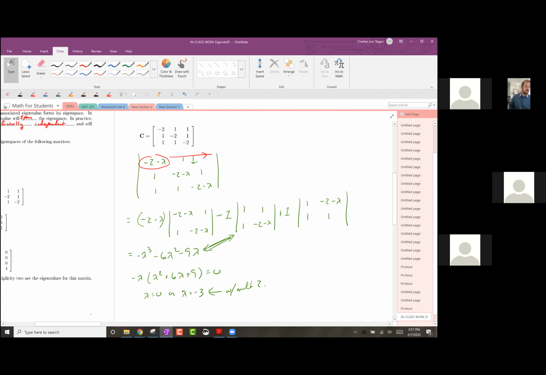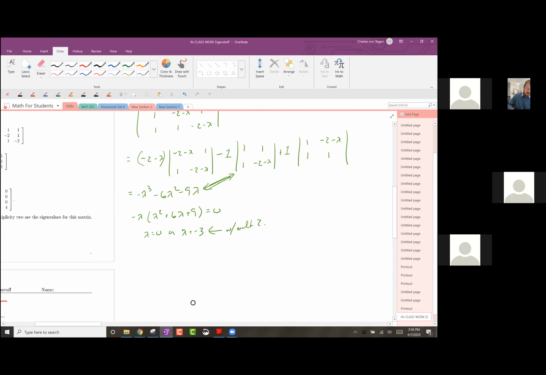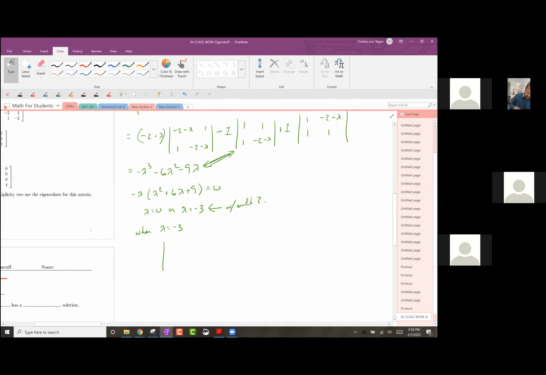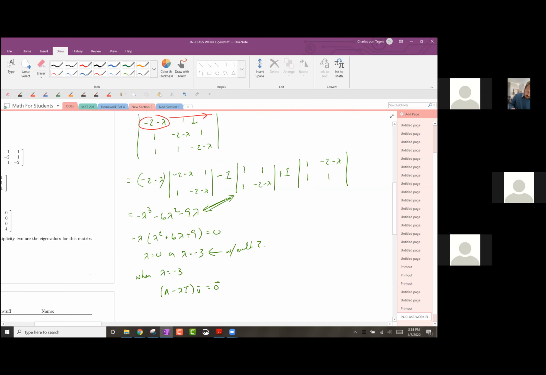Okay. So the question is what happens when we have repeated eigenvalues? Well, let's go ahead and pick that one for when lambda equals -3. We're going to look at this equation here: A minus lambda I times our vector v needs to equal the 0 vector. And so we'd have